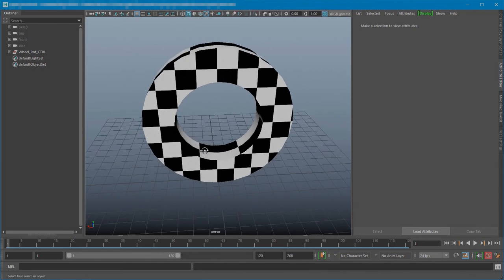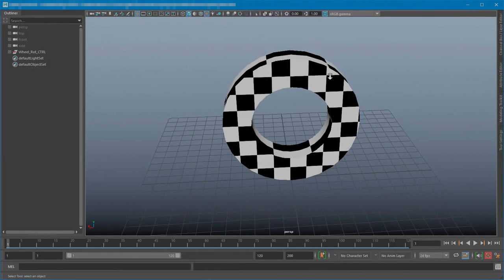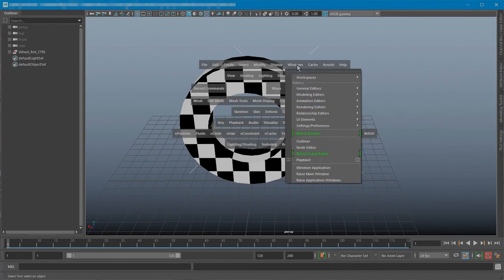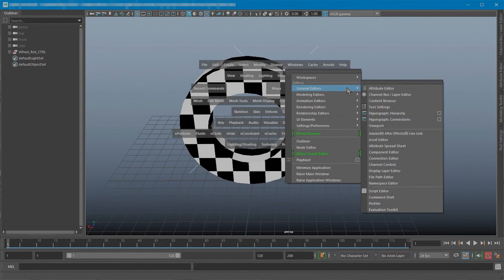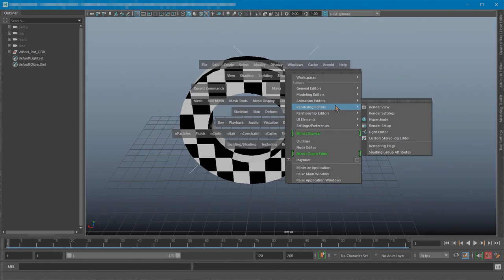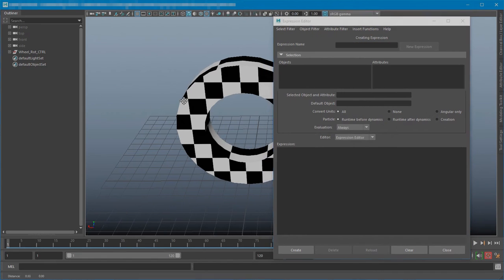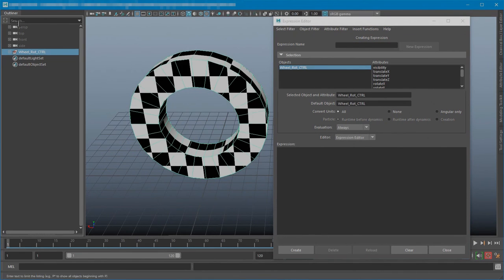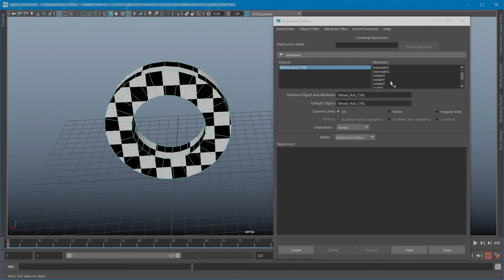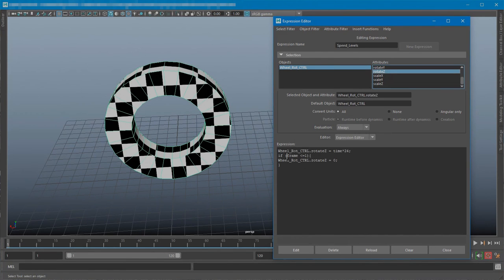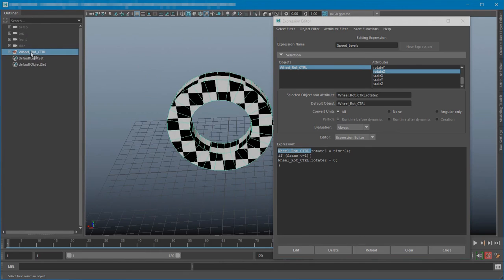The second expression that I wrote is about rotation. Let me open the editor again. And this one is actually a lot shorter. It is the wheel rotation control. This is the name that I gave it. The wheel rotation control, the attribute C